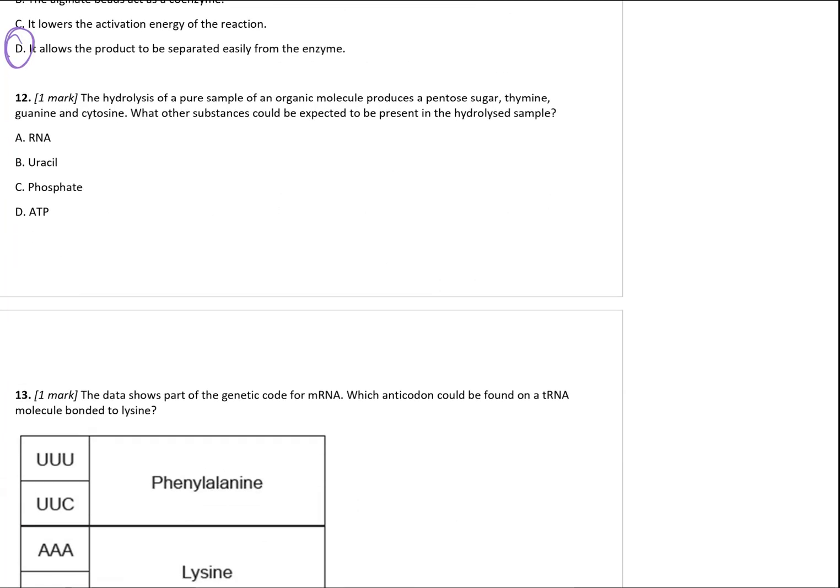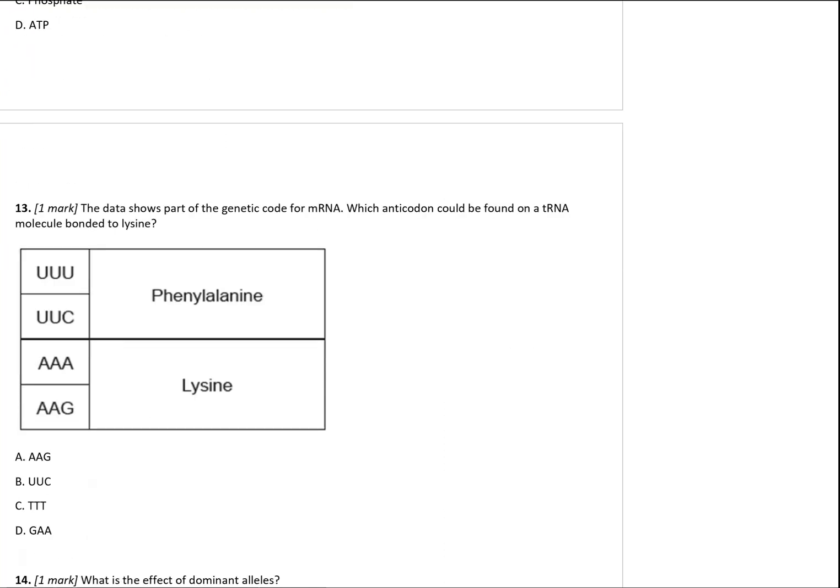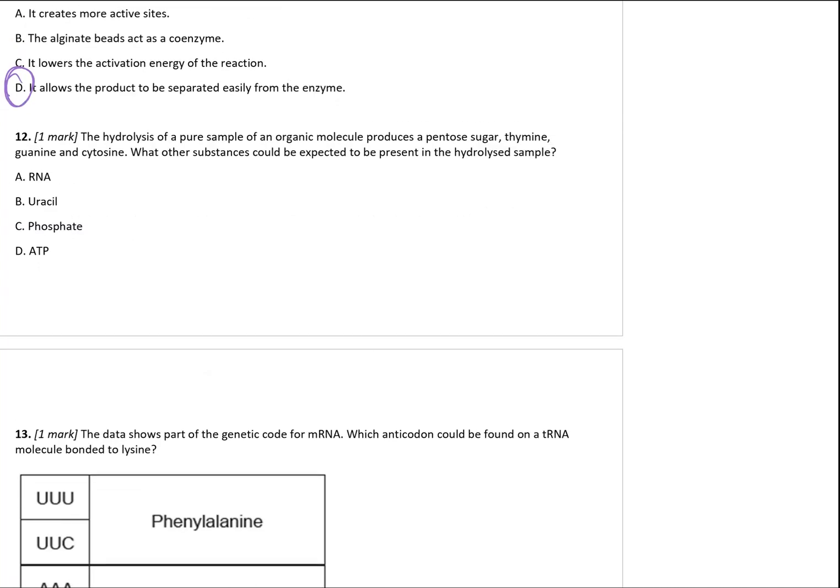Question 12. The hydrolysis of a pure sample of organic molecule produced pentose sugar, thymine, guanine, and cytosine. Okay, so that tells you that this substance is going to be DNA, right? So what other substances could be expected to be present in the hydrolyzed sample? Well, not RNA, not uracil, because that occurs in RNA, not ATP, but phosphate, because that would be the last